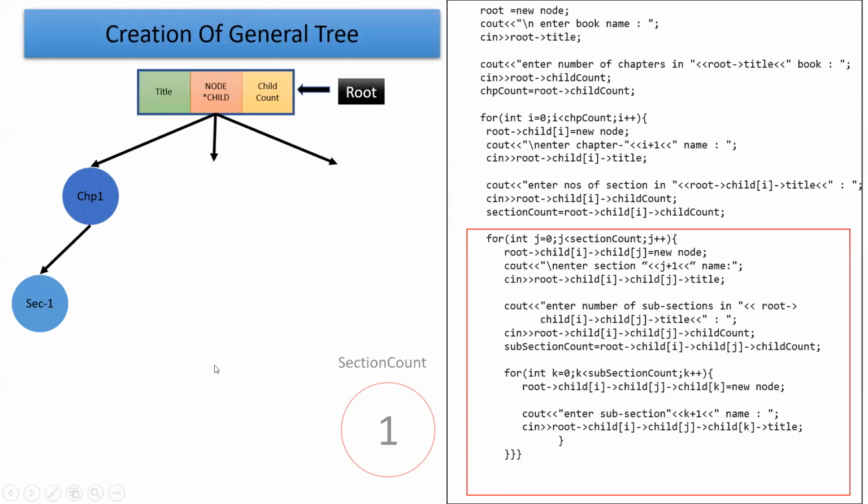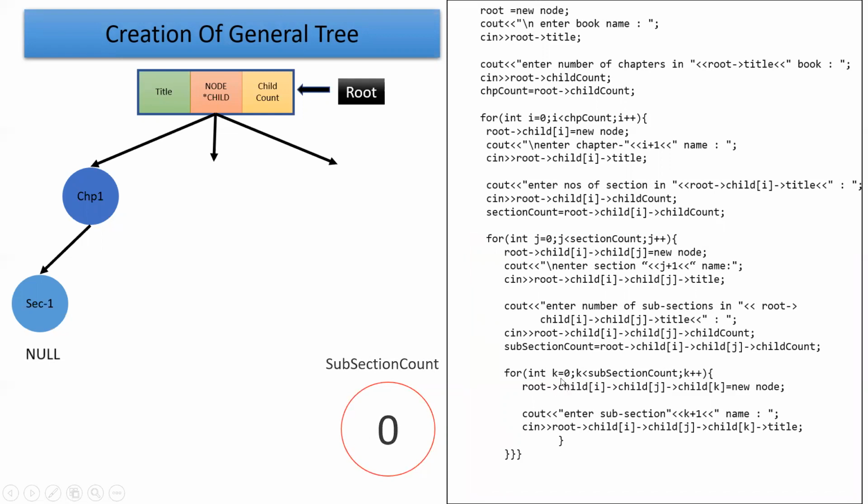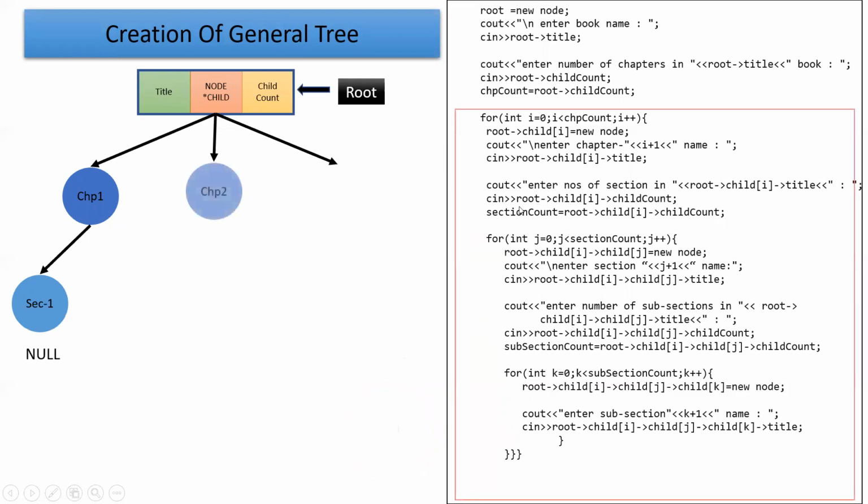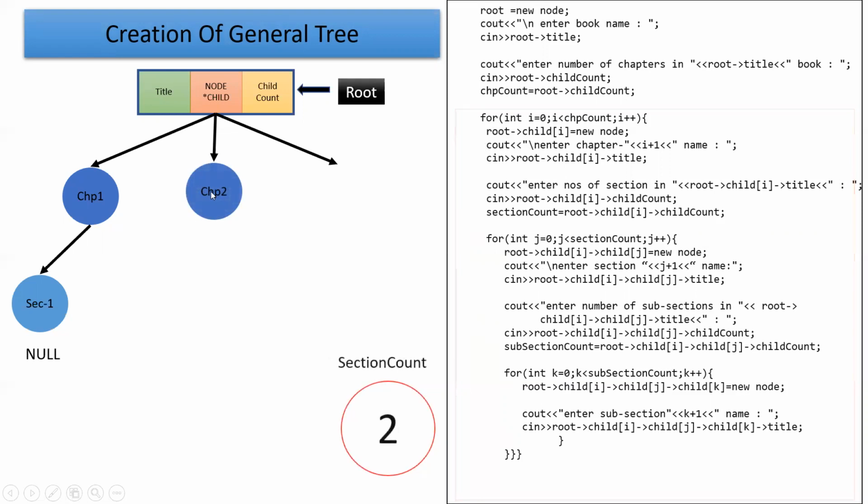For this section 1, if we want to attach a subsection, we can attach, but in this case, I don't want to attach the subsection. So this third for loop will not execute. Once again, it will go back. It will execute the first for loop, which is related with the chapter. It will accept the chapter data. Then it will accept the section count as we want to attach 2 sections here.